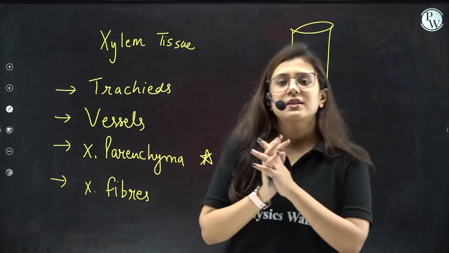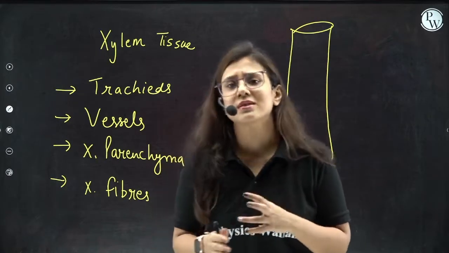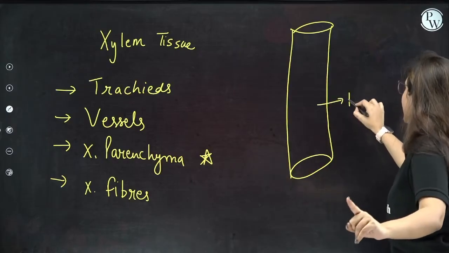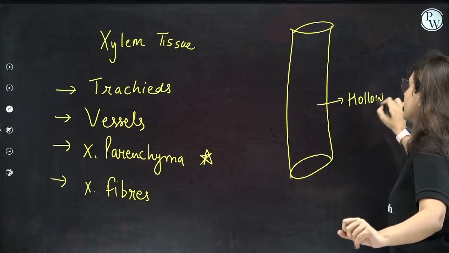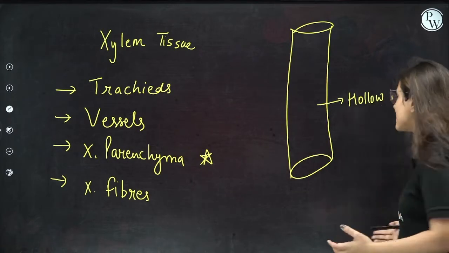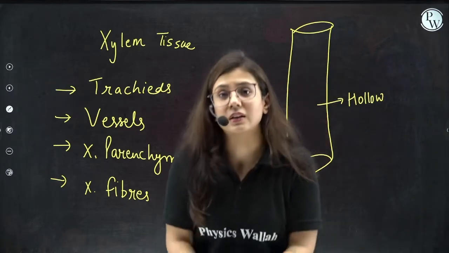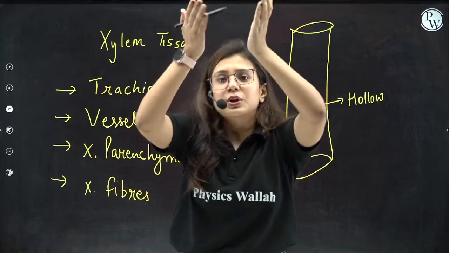Let's just say these are vessels. Do you understand the meaning of vessel? Something that has a lot of space inside. These vessels are empty inside. These are hollow inside. You know the purpose, because it serves as a pipe. It serves as a pipe that helps in sucking the water from the roots to the upper parts of the